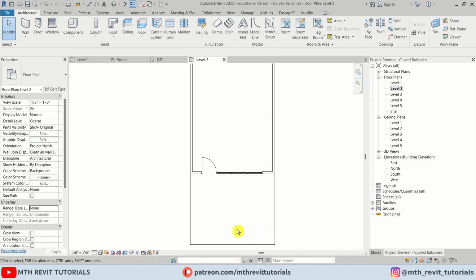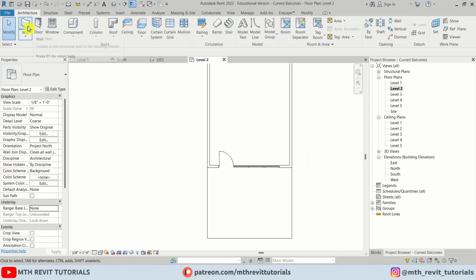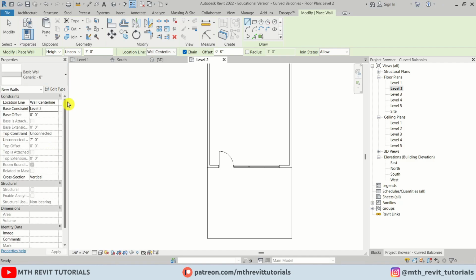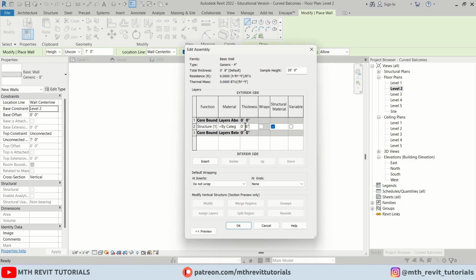To create this curved shape, I'm going to create 2 layers of walls. One will be normal and the other one will be curved at the bottom, just like we have in this image. So let's select wall from here, and I'm going to select generic 8 inches, and then we'll just duplicate this one, 4-inch generic wall, and I'm going to put the same here, 4 inches, then click OK,